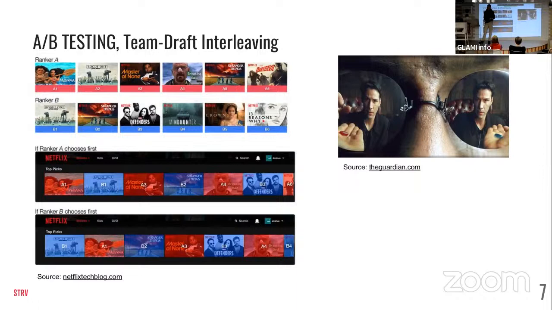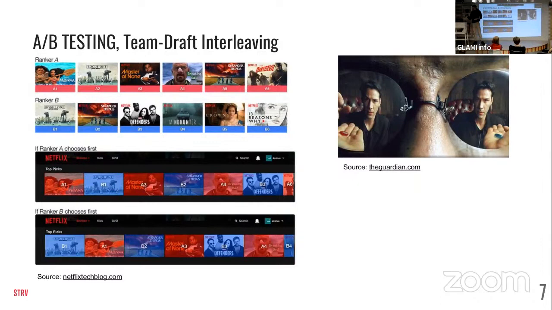I think it's really useful because, as I said, you don't have to split users, and you have just one user, and the user chooses. I have here the matrix example. Usually the user chooses the version she likes more. So I think that's pretty good. The method has some problems, but has some advantages as well. And we use this method at Seznam as well. Not for image search, though, I think only for web search.